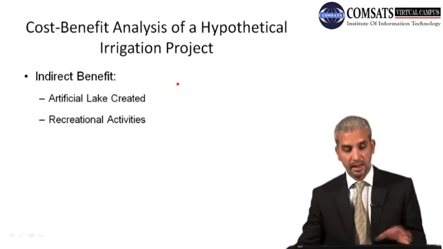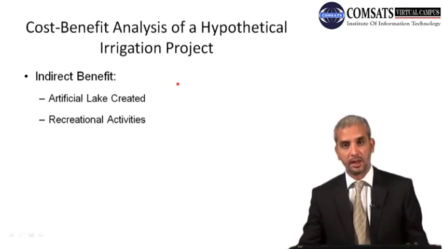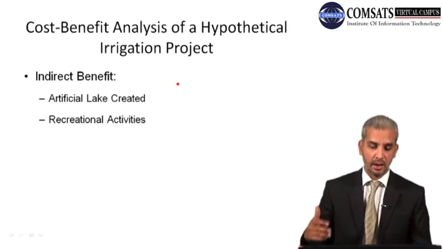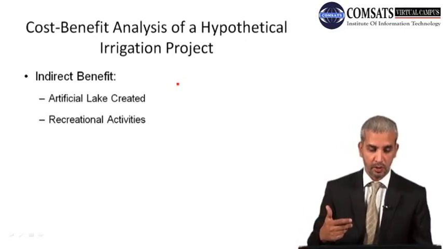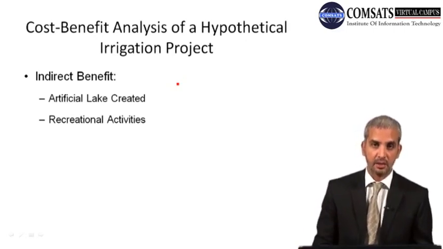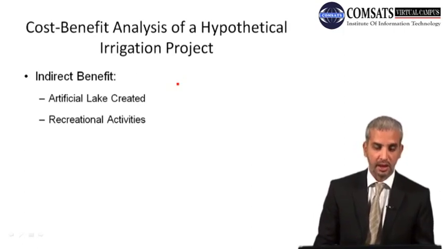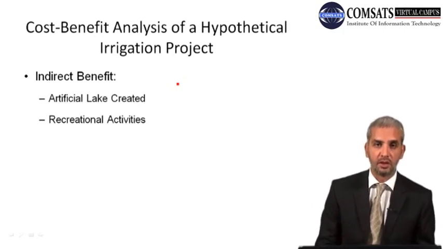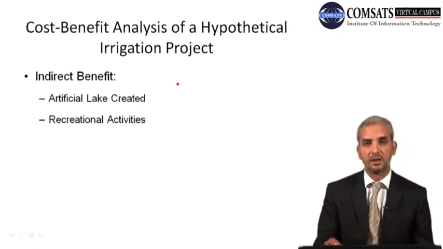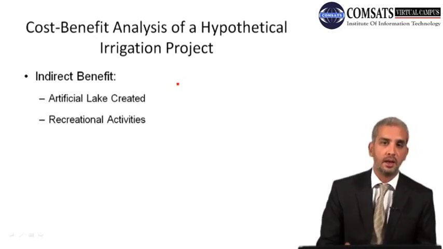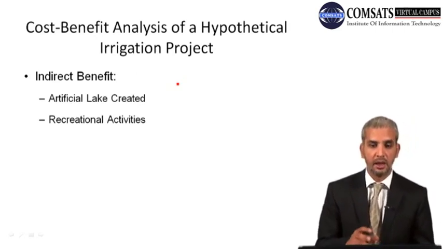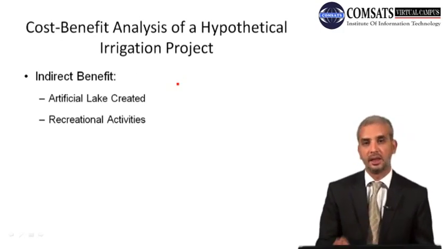So as we are going through this hypothetical irrigation project, as I mentioned, it is not only important to see the direct benefits and direct costs, but it is also important to account for the indirect benefits, the externalities that originate out of certain projects. The true social value of any project, or true social benefit, would be when the prices of externalities are also included. So in order to calculate the true social benefit, we need to consider the direct cost as well as the indirect cost.